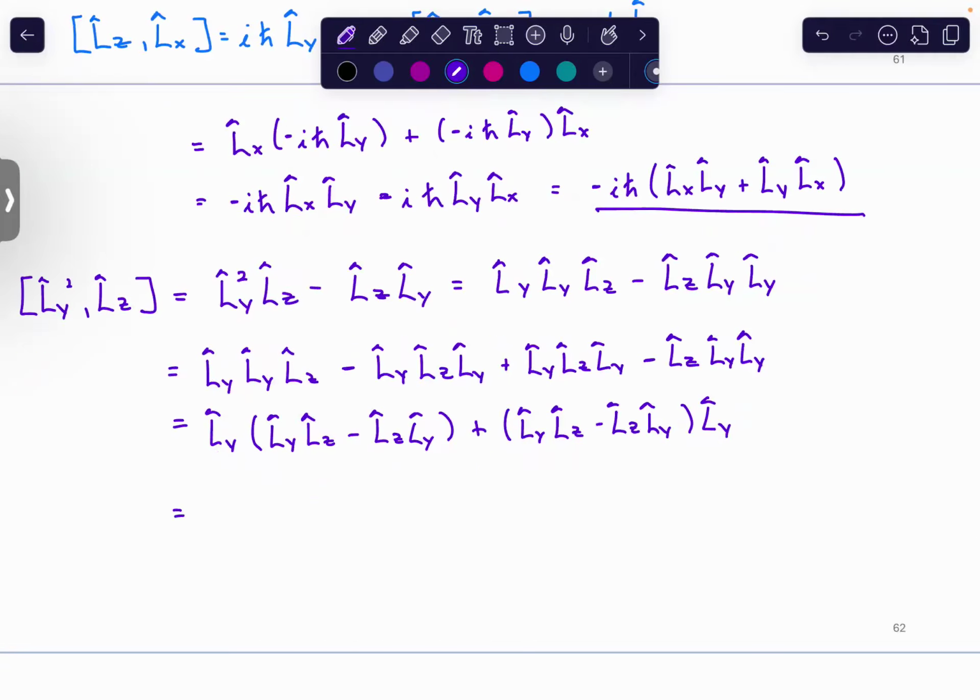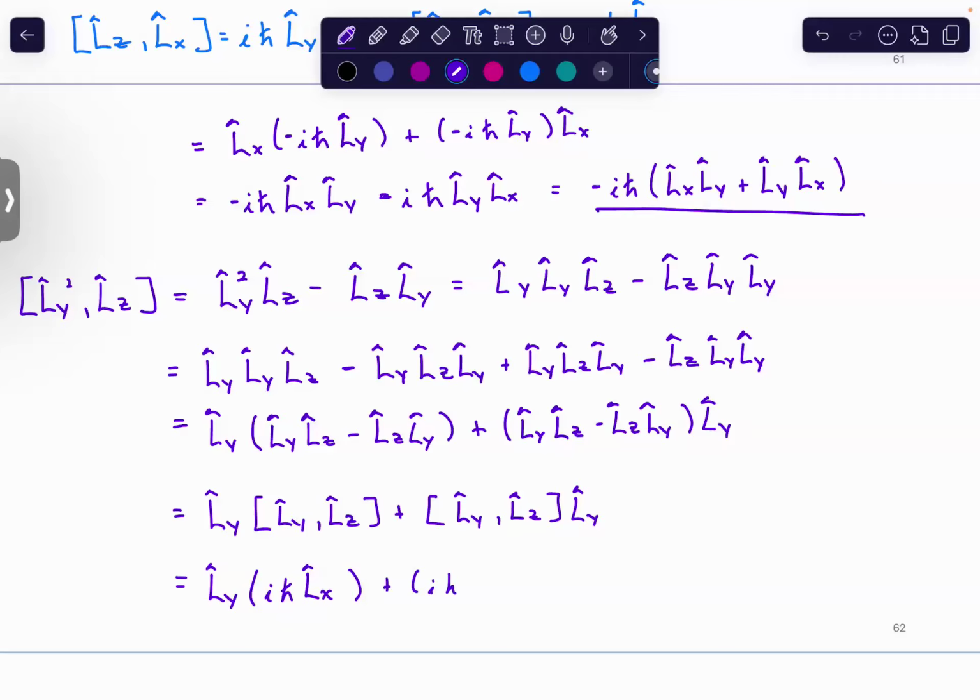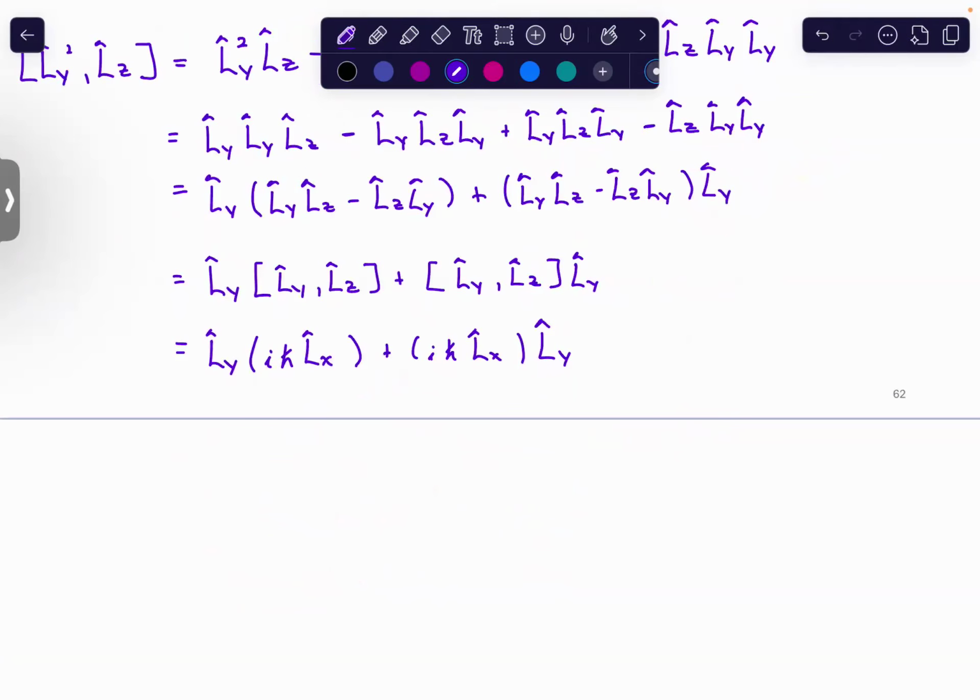Alrighty, we see our commutators. We plug in what our commutators equal. And then we end up with,